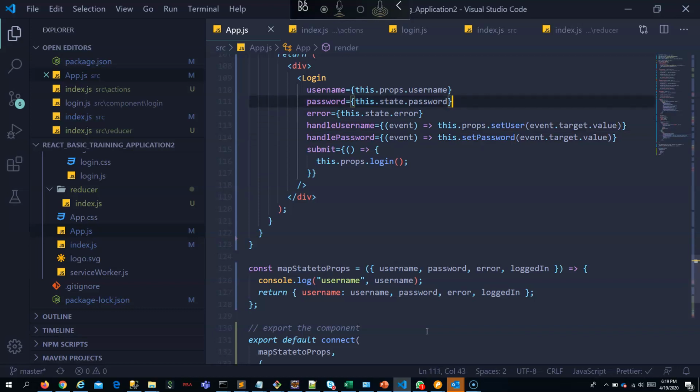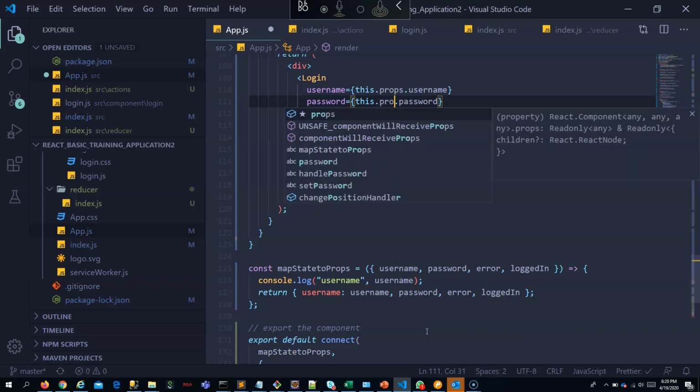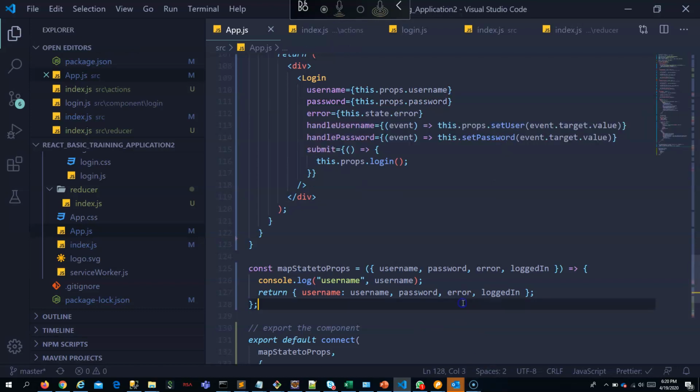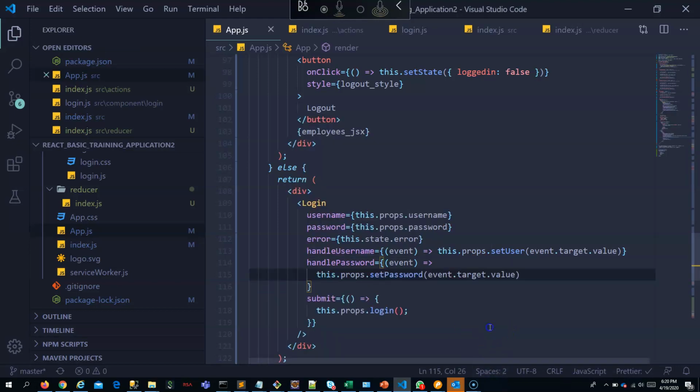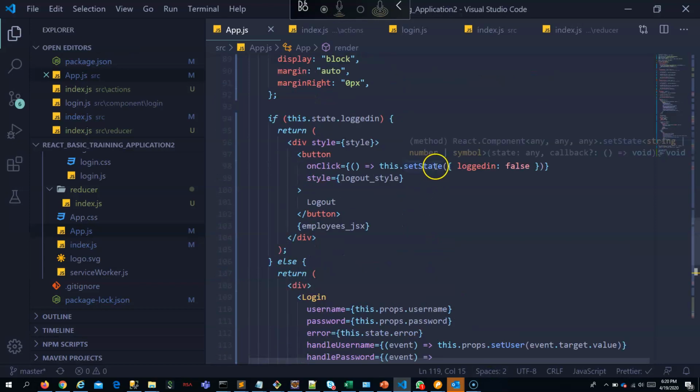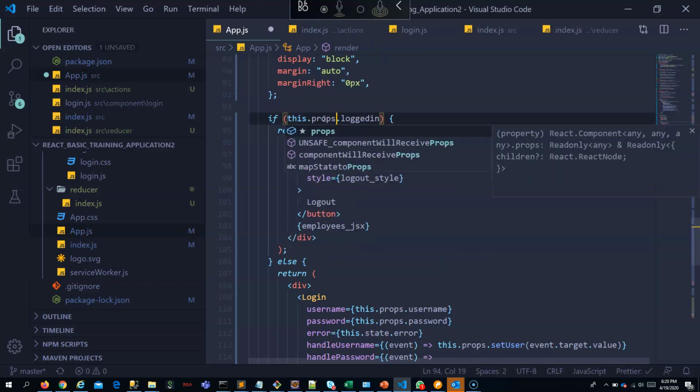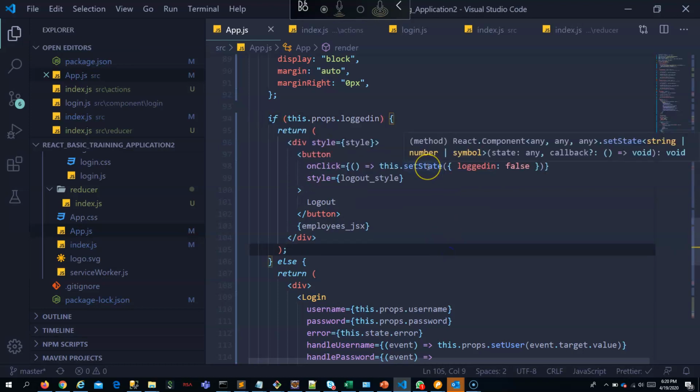Okay, now for sending what to the login component. Password is not available in the state anymore, it is available in the props, right? Send this, not, it is this dot props dot, because my action is available in props. Fine, and this dot state dot login, it should be props dot login, and set state,